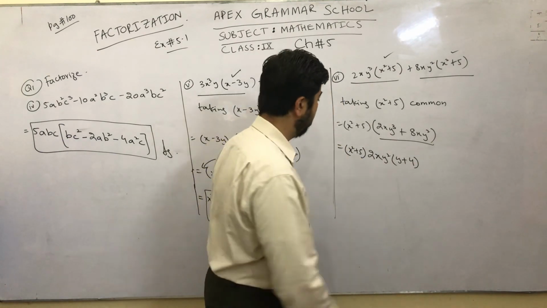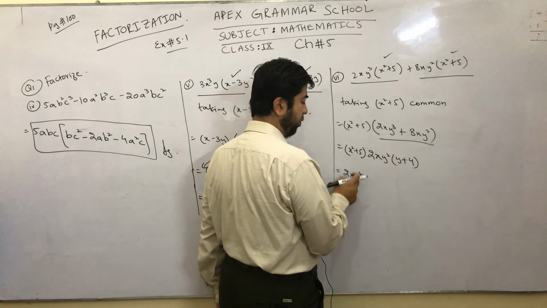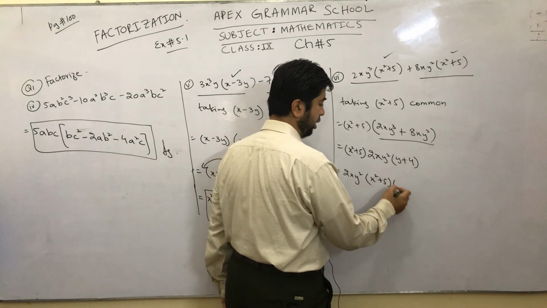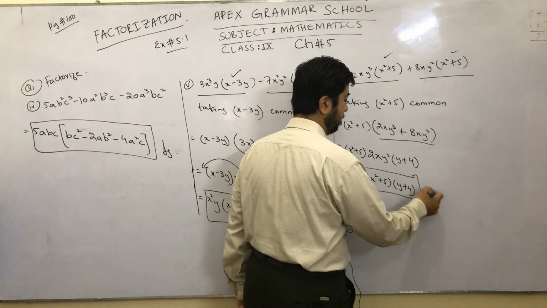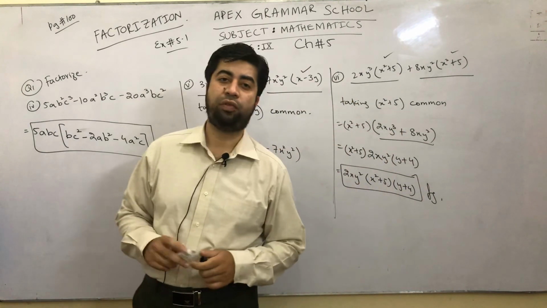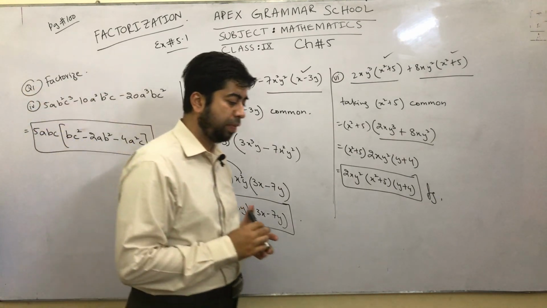2xy square, you can write it. And at the very start x square plus 5 and then y plus 4. Arrange it and then this is the answer. So this was a very arranged way to solve the factorization, and this was the very first step, that is how to take common